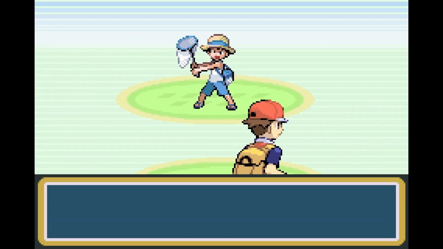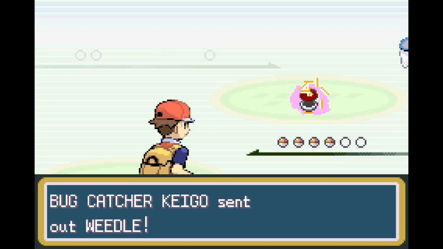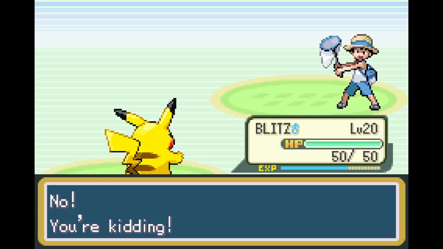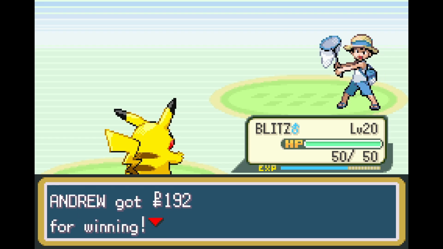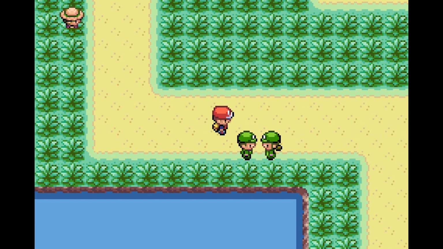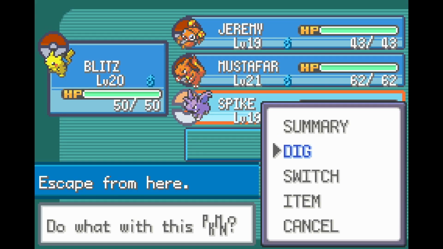Anyway, we have some trainers to fight. There aren't many bugs out here, but yet we have a bug catcher to deal with. Bug catcher Kago. He's got a Weedle. Alright, bug catcher Kago here didn't have very much of note, just a Caterpie and 2 Weedles. What is probably more interesting is these 2 trainers here. I'm gonna switch Spike up to the front